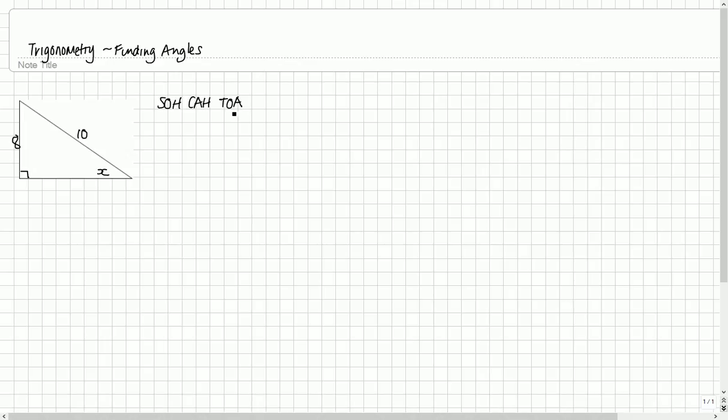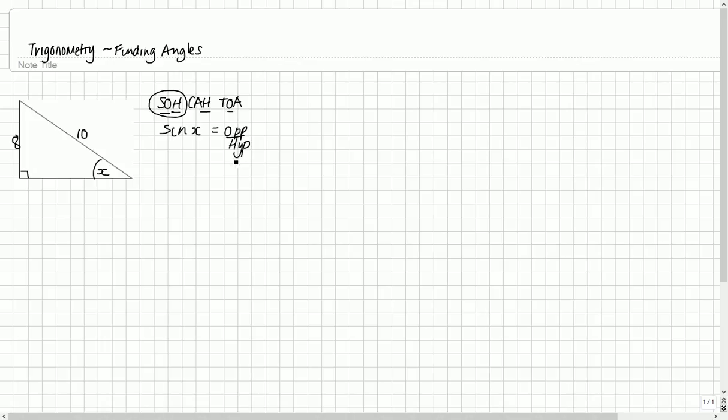Okay, so we're looking at the triangle and trying to figure out what we have been given here. We've got an angle we're trying to find, we've got a hypotenuse so we can underline the h's, and we've got the side which is opposite the angle so we can underline the o's, and that tells us we want to be using the sine ratio because it's the one with opposite and hypotenuse in. So the sine ratio is sine x equals opposite over hypotenuse,